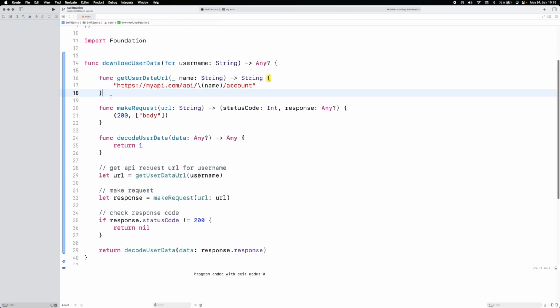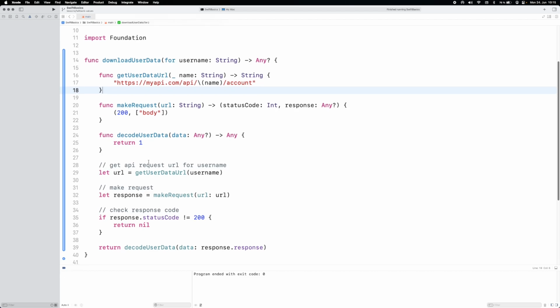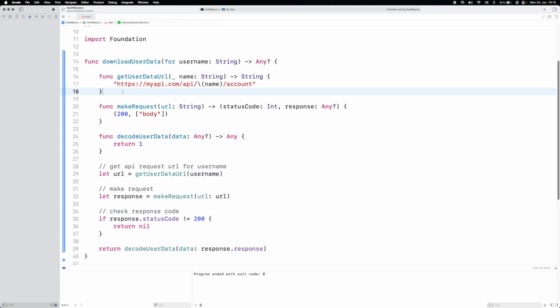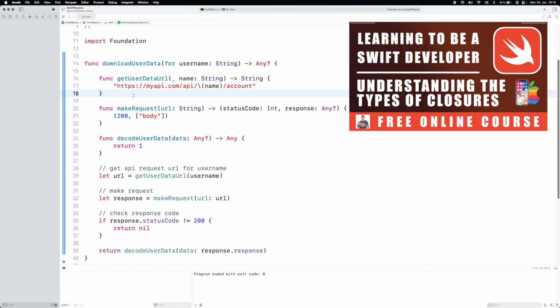Of course, it would be a lot better to extract this elsewhere and to put this in some form of struct or some form of class or elsewhere in another service or something, but that's not what this video is about. It's about nested functions, so we actually have to show nested functions at work, and this is how you can do it. Now, we haven't covered closures yet, but nested functions typically are also closures